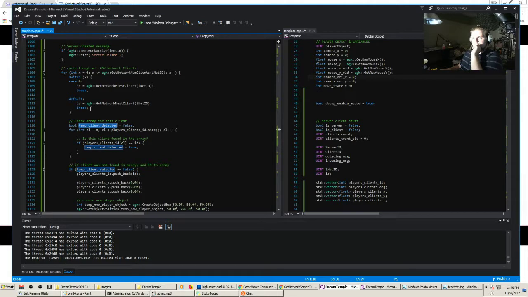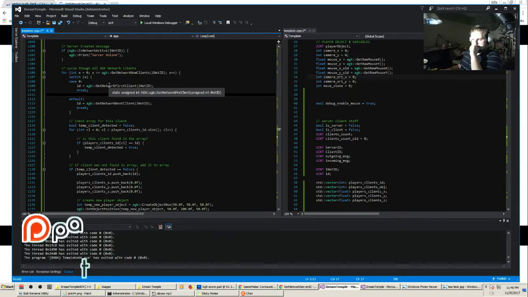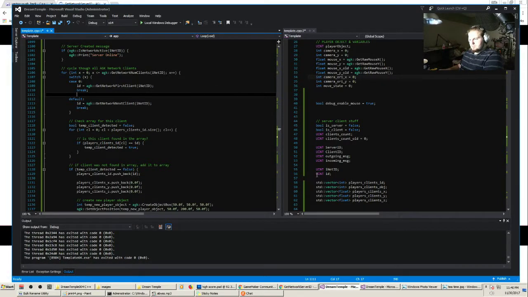So, with the 0, the first thing that we do is we get the first client, the very first one, which should be the server. We save the unsigned integer here. If it's not the first entry, then use this one, the next client. Then, after we've written down the ID, which at stage 0 should be the server's ID,